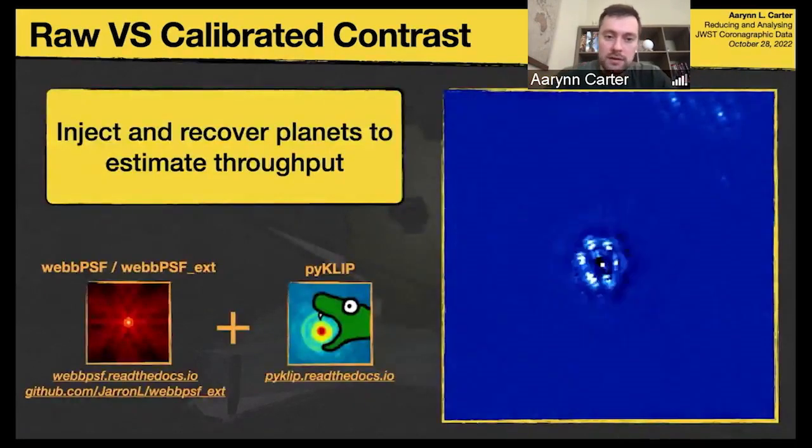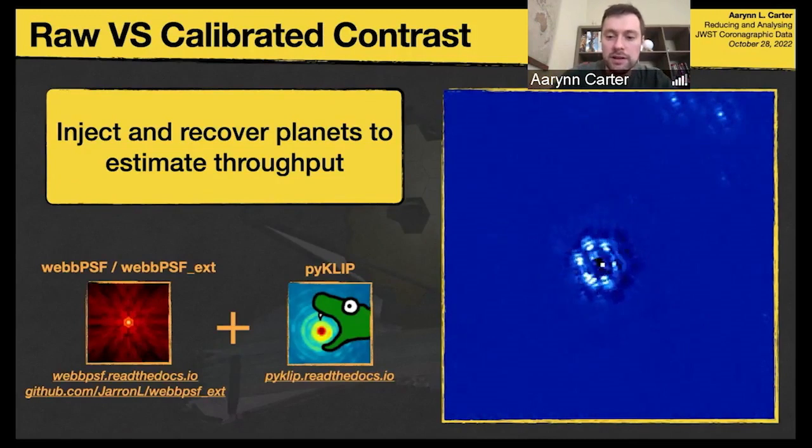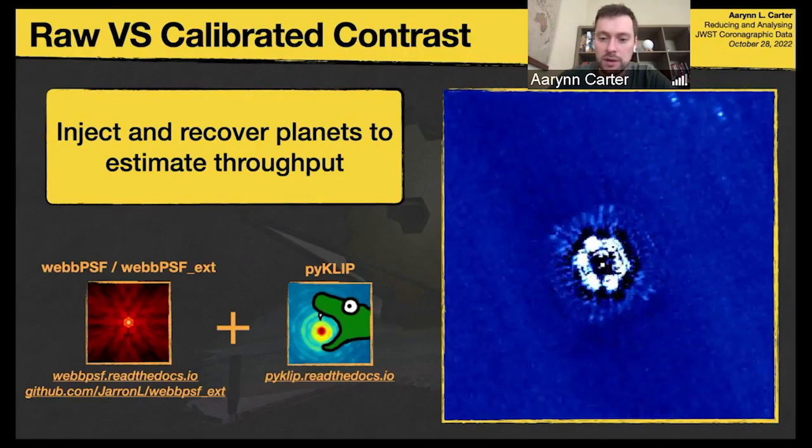The way we do this in spaceKLIP is we inject, using a WebbPSF model, an object and recover the flux of a bunch of planets at different separations. Here I haven't masked the companion itself, just so you could see, but you might want to mask that if you really want to measure the contrast. But also, if you're doing this at a whole bunch of PAs and separations, then any impact of that companion, particularly if you're avoiding the bad PAs, is going to be washed out when you do a median as a function of separation. And you can see here, we're trying to inject as many as possible in each image